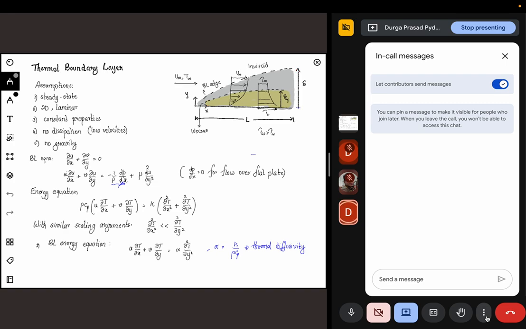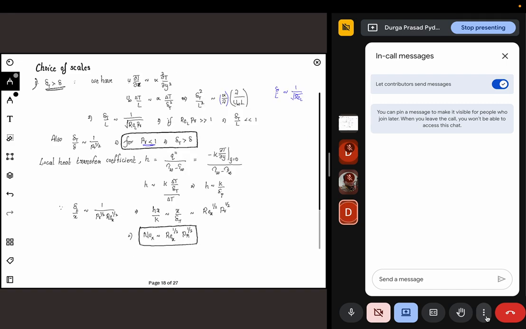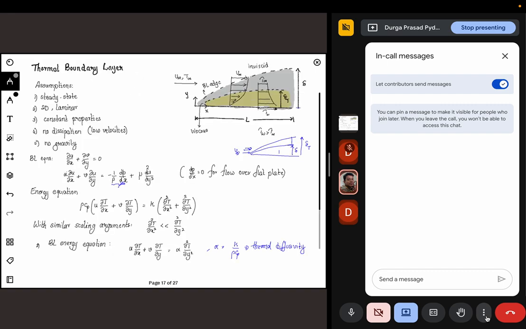Because if you have a different flow where you have this as delta and this as delta T, then I cannot take this as my scale, because the velocities are different from the velocity here. What to do then is something that we'll see a little later. But now for this particular case,